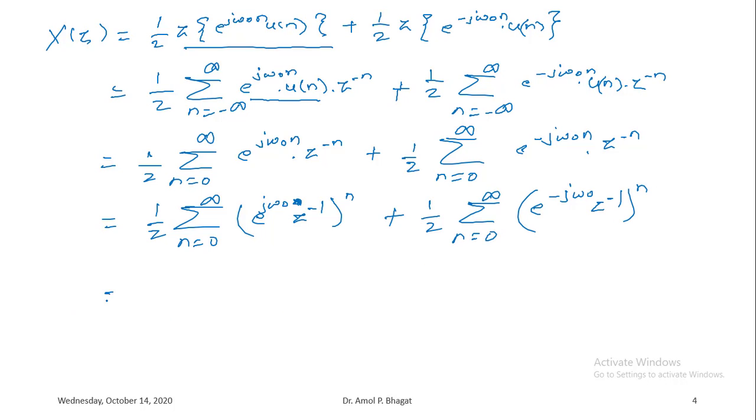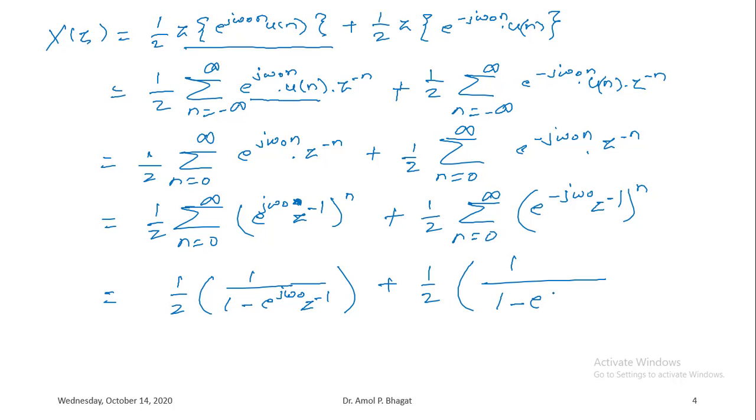And as per the infinite geometric series, we can simplify it as 1 by 2 into 1 upon 1 minus e to the power j omega 0 z inverse, plus 1 by 2 again 1 upon 1 minus e to the power minus j omega 0 z inverse,